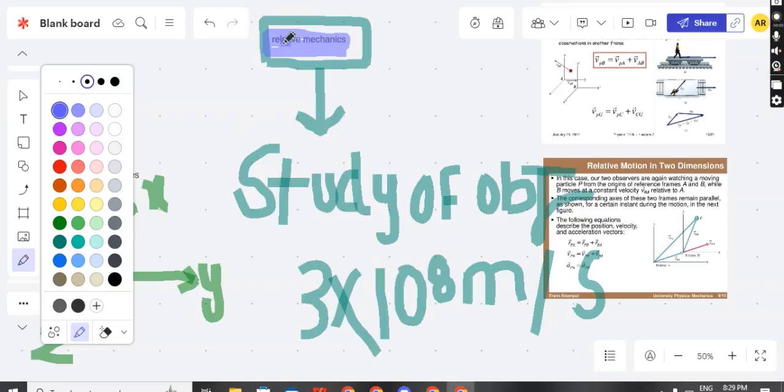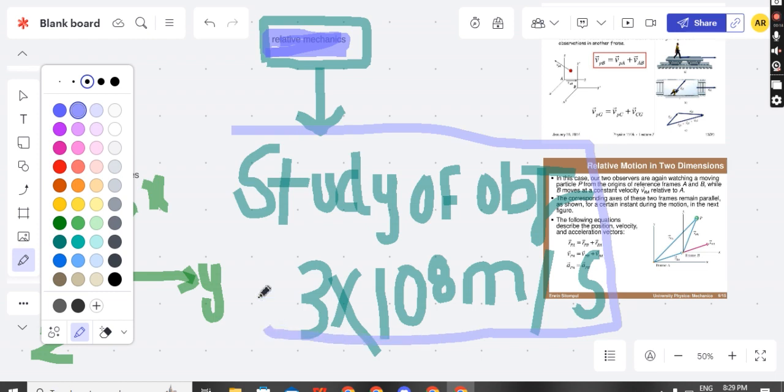So now we're going to talk about what is relative mechanics. Now, what is relative mechanics? What is the study of objects that travel with the speed of light, right? This originated from the theory of relativity. So any object that travels with the speed of light, if you study it in relative mechanics, that comes in